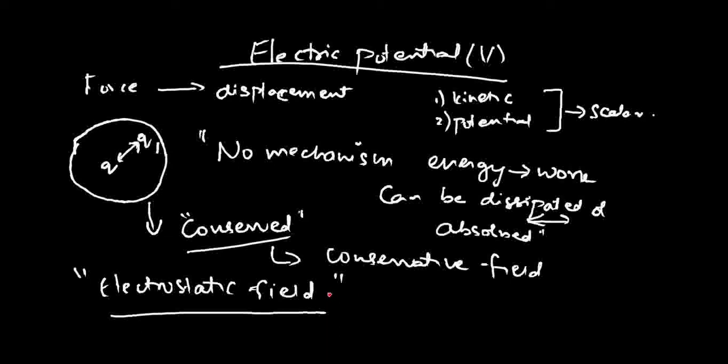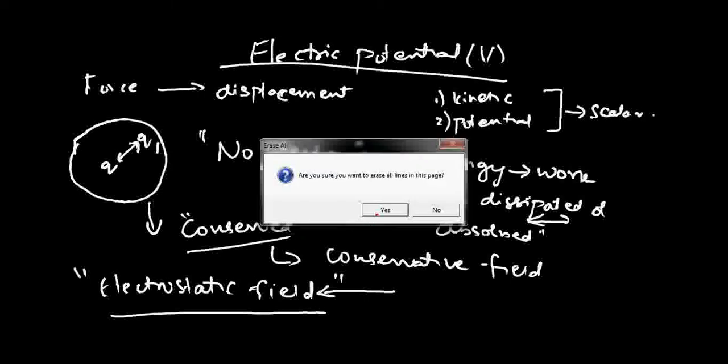We will come back to this electrostatic field in a few minutes, and we will see more properties of the electrostatic field, and also how to understand its properties in terms of mathematical models. Now the topic states electric potential V. Now how do you define electric potential V due to a charge